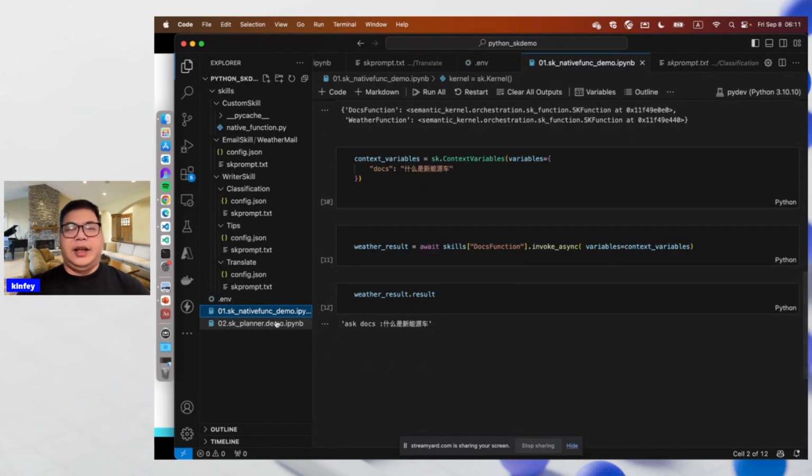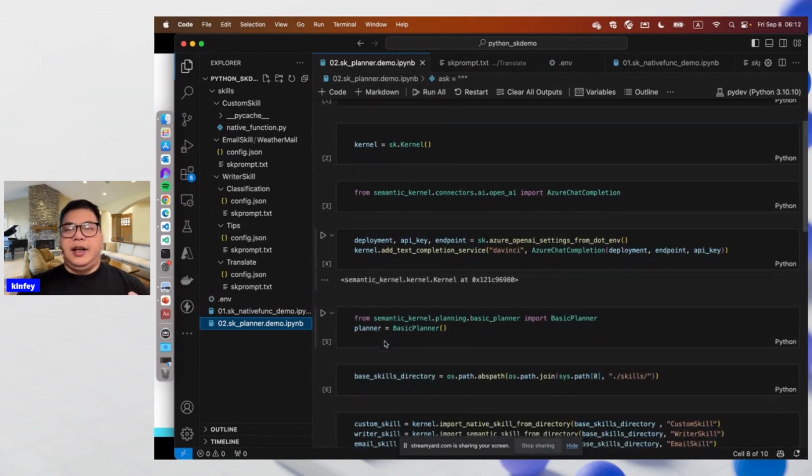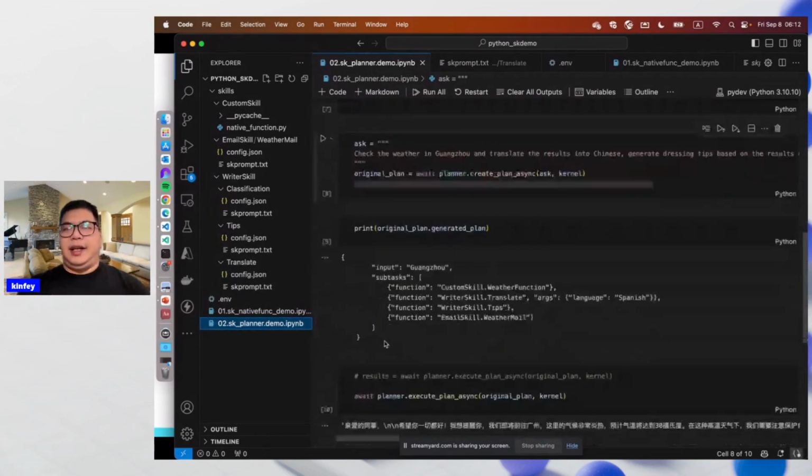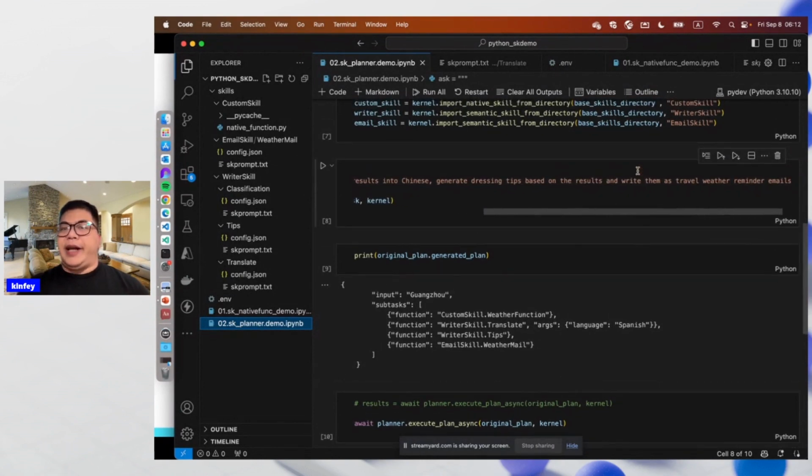Another is the planner. The planner is a very special thing in Semantic Kernel. It can help you separate different skills. Here I send a plan: check the weather in Guangzhou, translate it into English and Chinese, generate some tips based on the results, and write an item as travel weather with my email.